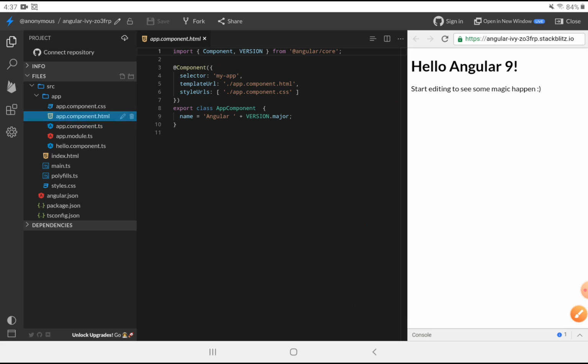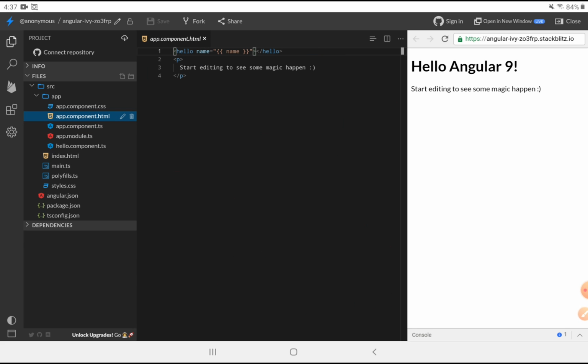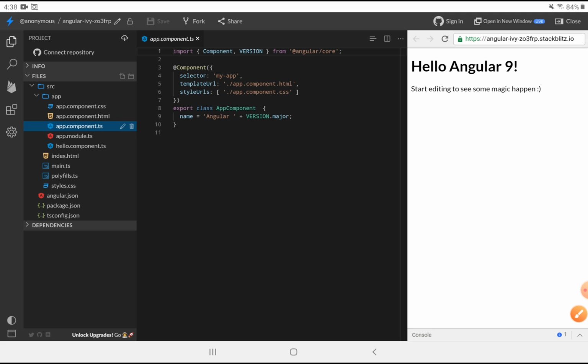Moving forward, app.component.html. Simple HTML code is there. This is called interpolation. We are simply displaying the variable that we have defined in the app.component.ts. So you can access it within the same component and it will be displayed. So name, let's see what was the name. Name is equal to Angular plus version.measure. So version.measure means